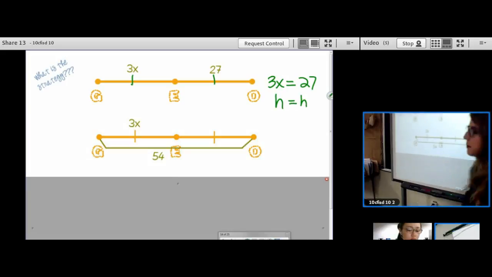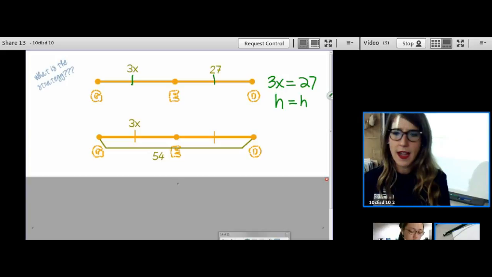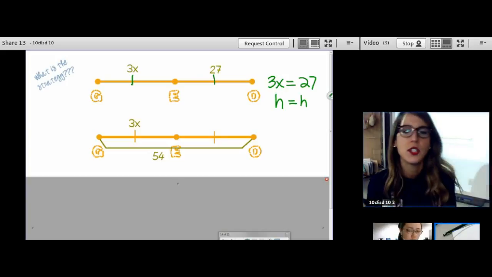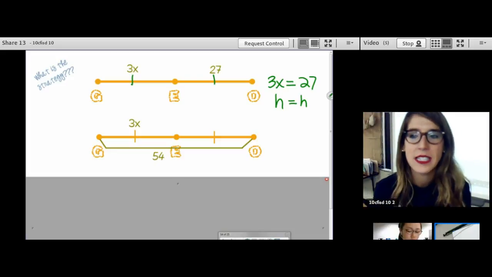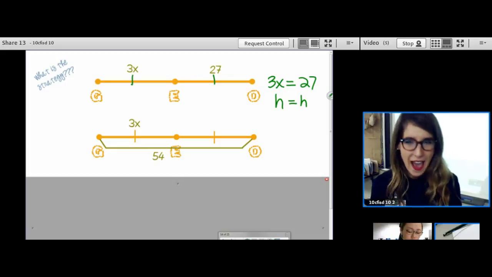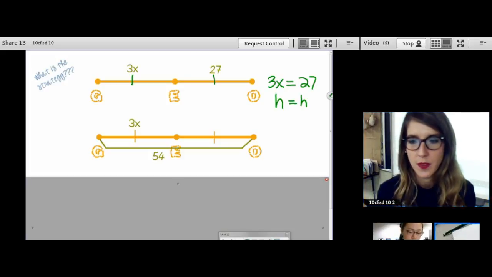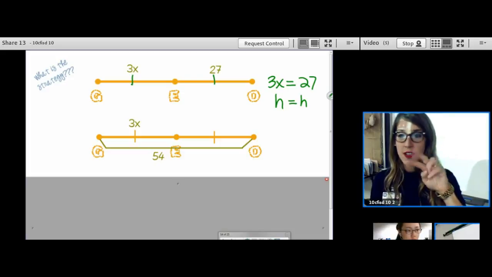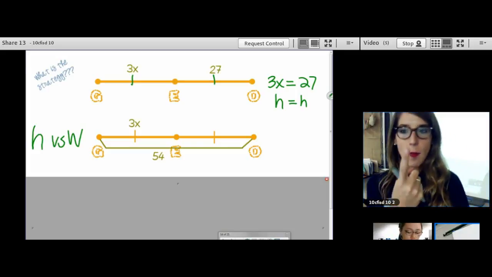All right, let's look at the next one. I don't care about what x is. I just care about the setup for right now. Look at the next one. What would you do here? A lot of times I have students that say 3x equals 54. And they know that isn't true. They know a half doesn't equal a whole, but they just don't know how to start it. So yes, you have two choices. When you are given a half versus a whole, you can either double the half